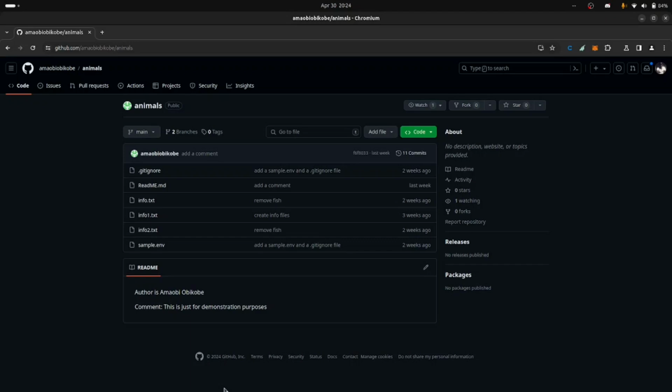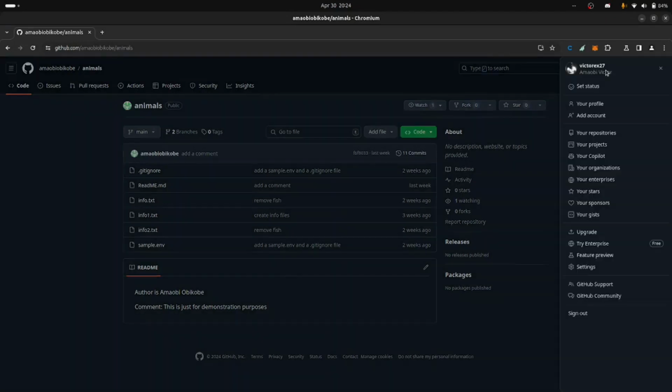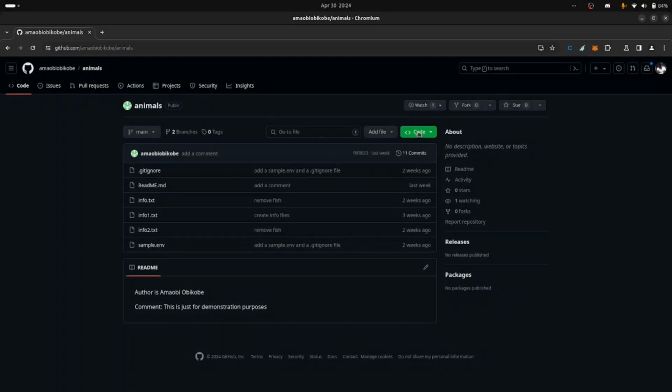Right now, I took the link of the project we've been working on. I have that link opened here on my web page, and I'm logged in as a second user. This second user is Victor Rex 27. It's a different user from the normal user we've been using. Now, this user does not have access to this particular repo, in the sense that